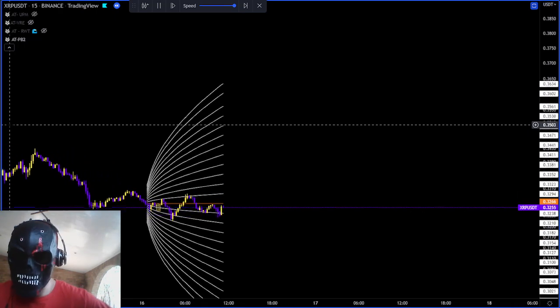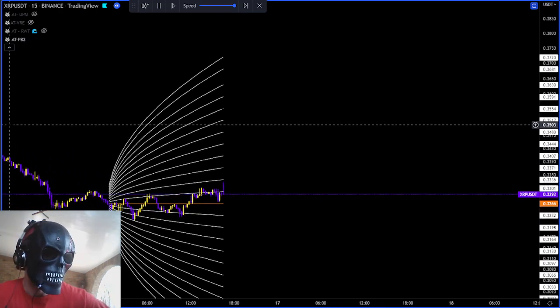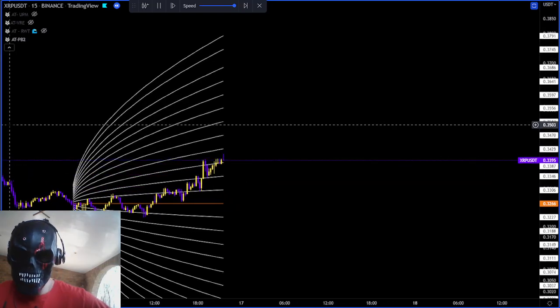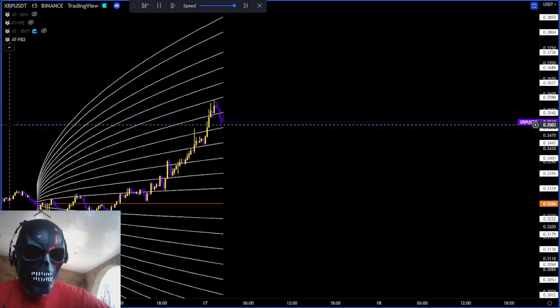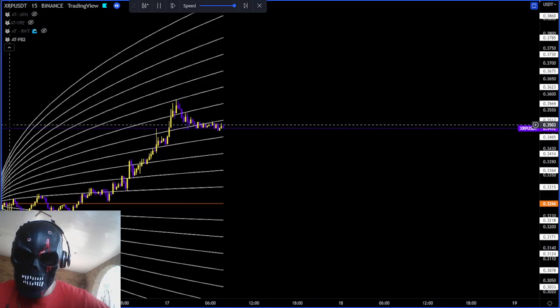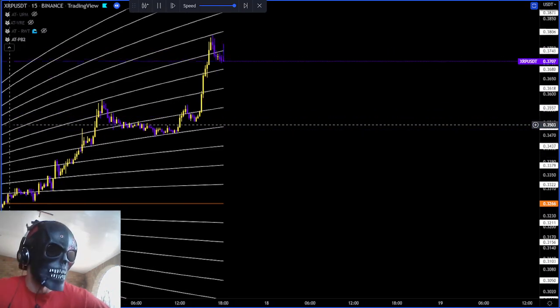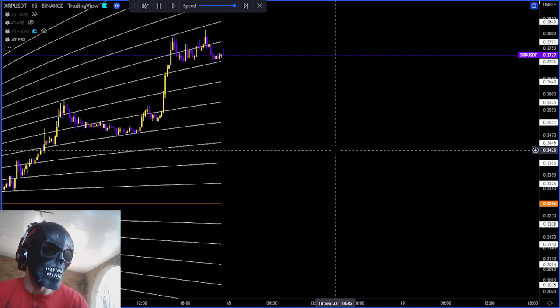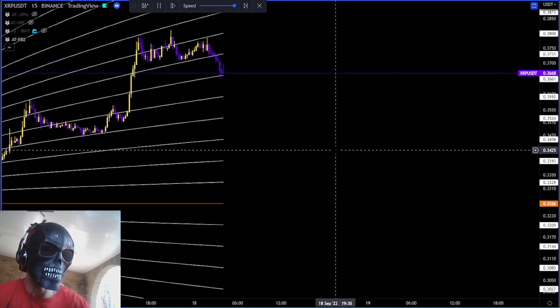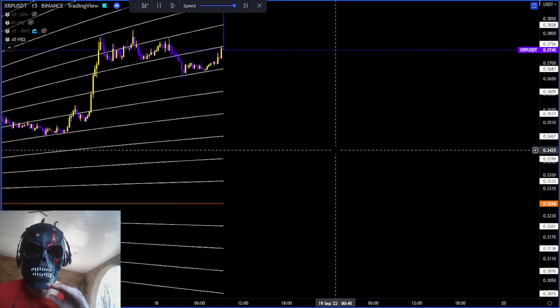Overnight, some good scalps coming in, a lot of activity. What we're looking at today is XRP USDT. We'll pop on to BTC USD just to see what it's doing on the 5-minute, up to like 6 hour, because what we were monitoring is BTC go up, XRP stay sideways,